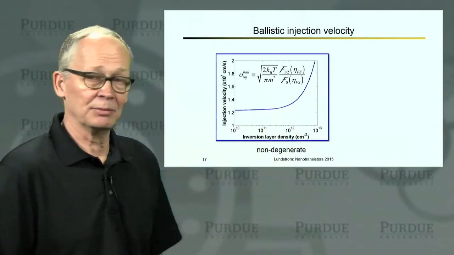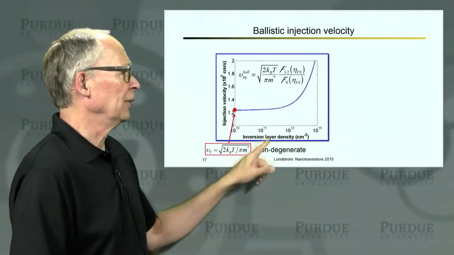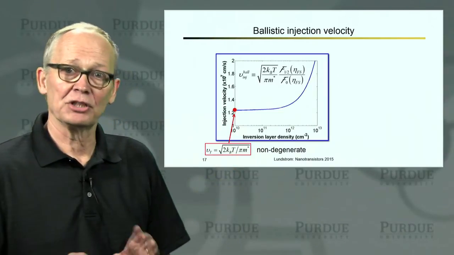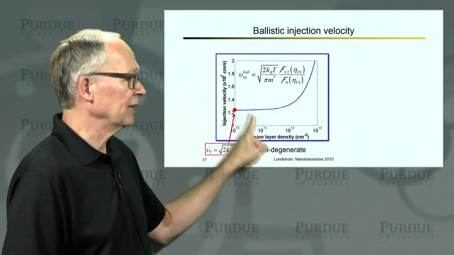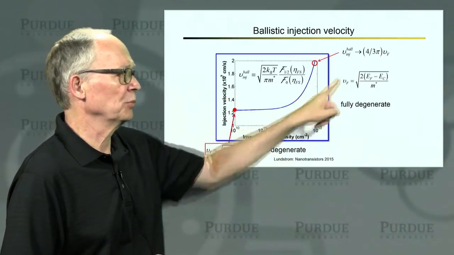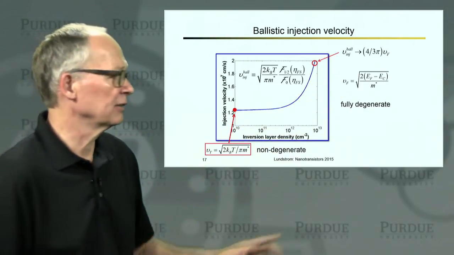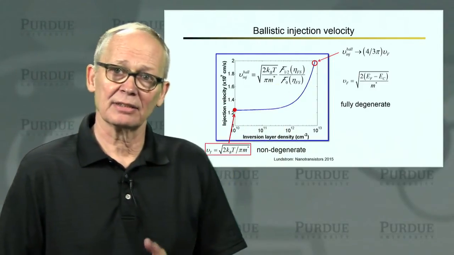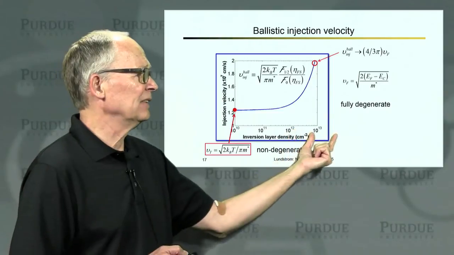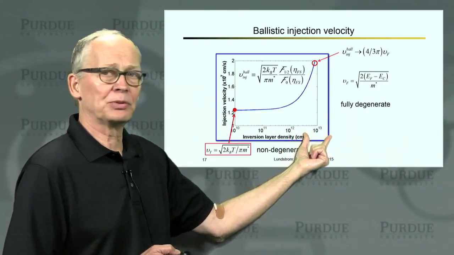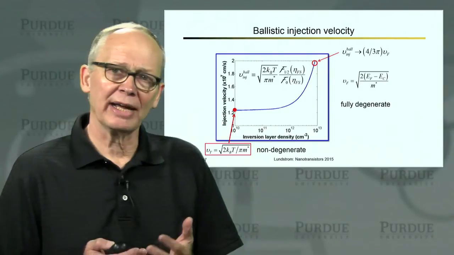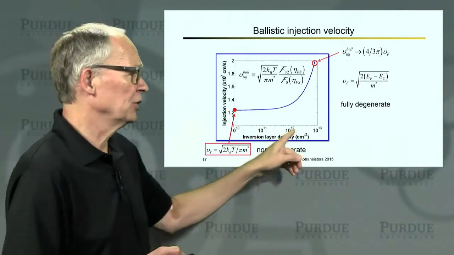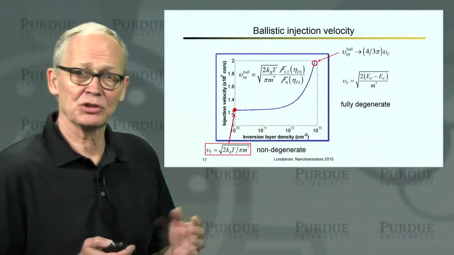We also talked about the ballistic injection velocity, how it's simply a constant under non-degenerate conditions, the unidirectional thermal velocity, and how it increases under degenerate conditions. We quoted the limits for complete degeneracy, and we gave this expression in terms of Fermi-Dirac integrals that allows us to compute the entire curve. 10 to the 13th electrons per square centimeter is about where you're at in a modern-day high-performance transistor under on-current conditions. So you can see that Fermi-Dirac statistics really should be quite important.